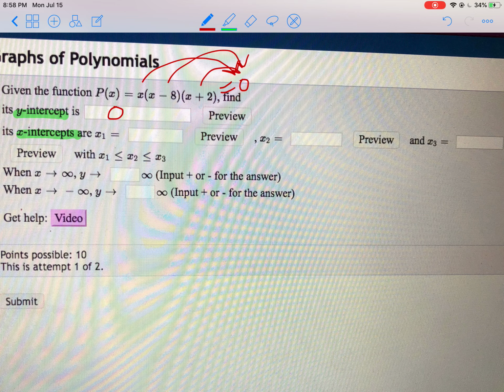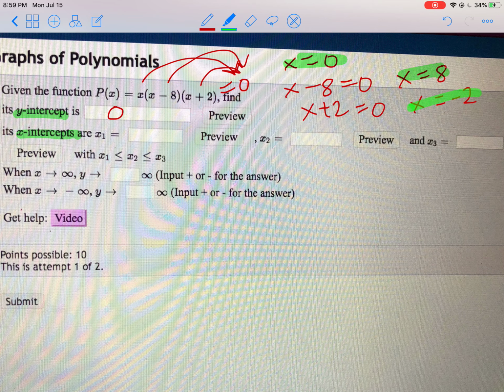So the first factor gives you the intercept 0. The second factor, x minus 8, set that equal to 0, and that gives you the intercept x equals 8. And you set the next factor, x plus 2, equal to 0, and that gives you the intercept x equals -2. So you have these three intercepts, these three x-intercepts, and you can enter them in those boxes, but